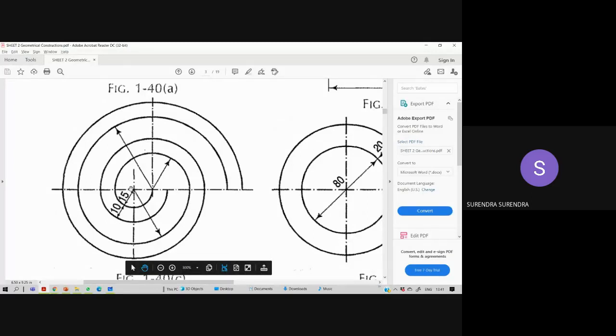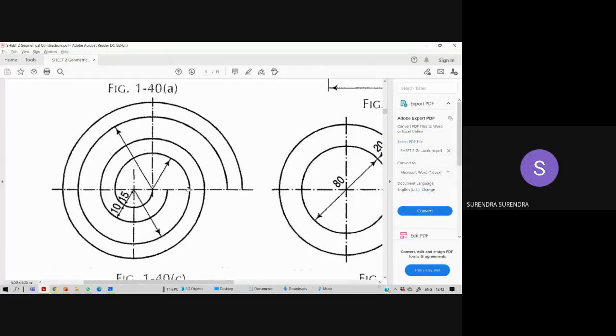Move on to this first center. Take it as C1, C2, better. Again take the C1 center, and from C1 to this end point as radius, draw a semicircle, and again from C1 to this end point as radius, semicircle. So for all the semicircles drawn at the bottom, C1 is the center, and for all the semicircles drawn at the top, C2 is the center. So by changing C1, C2 centers, complete this spiral figure.